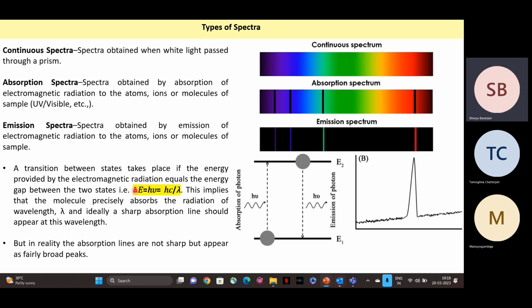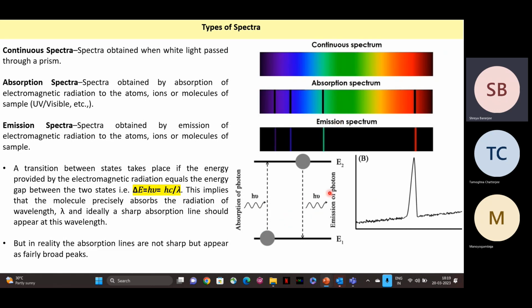So the energy difference between the two energy levels must match the energy of the photon. So delta E must be equal to h nu. And as we saw, nu, the frequency, can be written as c by lambda, where c is the speed of light and lambda is the wavelength of the radiation. So this implies that the molecule absorbs exactly that wavelength of radiation that can promote the electron from the lower level to the upper level. So technically,